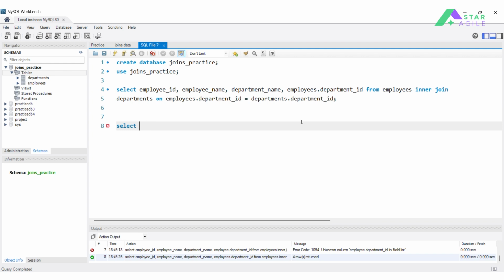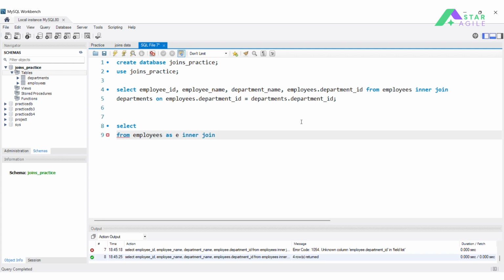Select. Before I specify all the columns I want, first I'll write the condition. From employees as E, inner join departments as D on. Here for the columns also, E dot